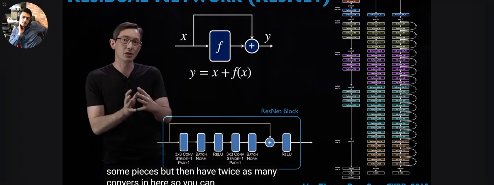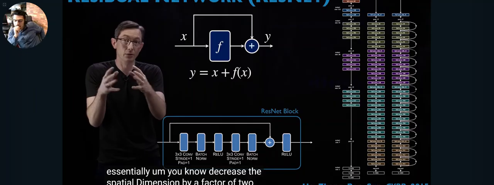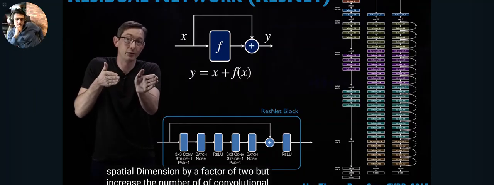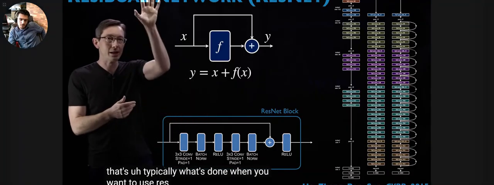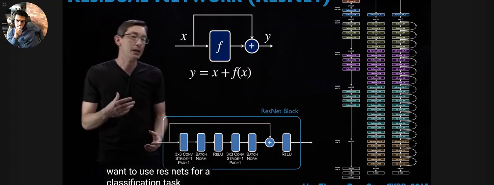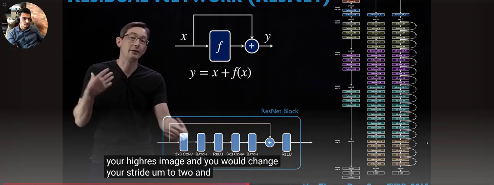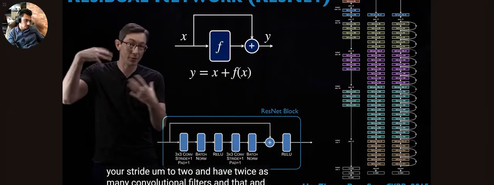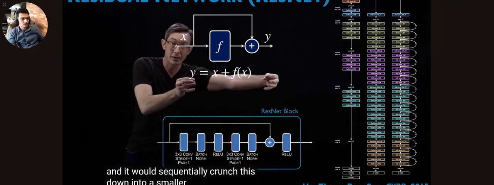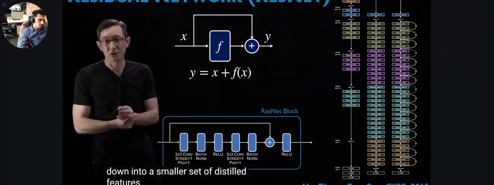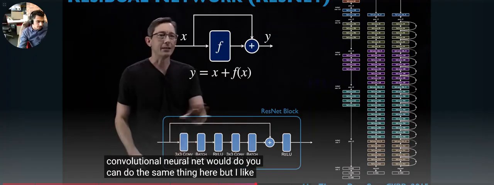So you decrease the spatial dimension by a factor of 2, but increase the number of convolutional features by a factor of 2. That's typically what's done when you use ResNets for classification: you take your high-res image, change your stride to 2 and have twice as many convolutional filters, and do that over and over again, sequentially crunching it down into a smaller set of distilled features, just like a normal convolutional neural net would do. You can do the same thing here. But I like thinking about image